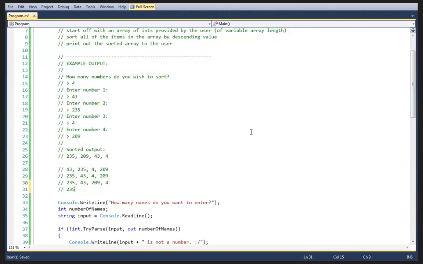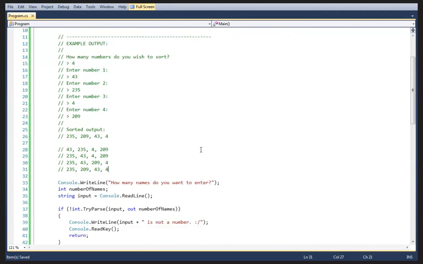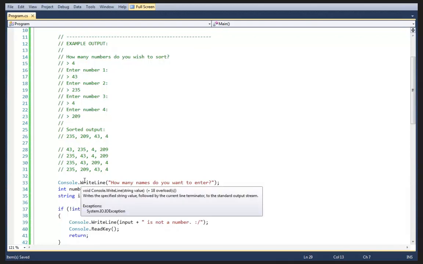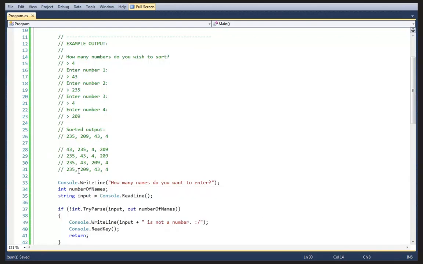And then 2, 3, 5, 209, 4, 3, 4. So hopefully you can kind of see the process that we're going through. We're starting off with a completely unsorted array. The first iteration, we decide that 2, 3, 5 is larger than 4, 3, so it needs to be moved to the left. The next iteration, actually there are a few iterations in here that aren't represented